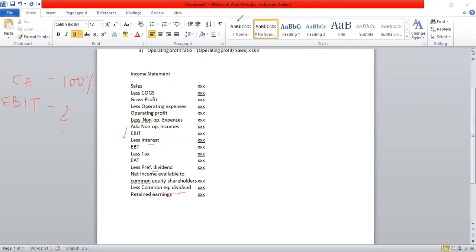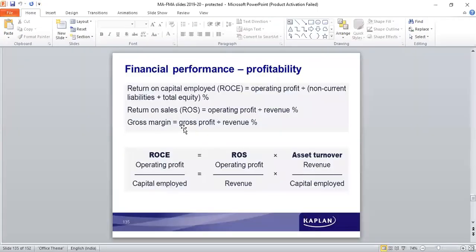Now, see the logic about it is if capital employed, the total amount of capital employed, is 100%, the profit which is available to all of them, which is EBIT, is what percentage? So that's the logic. Now we are going to the PPT. There's something which you have to note down here very carefully. Observe this one. Return on capital employed is equal to operating profit or EBIT. Interchangeably, these two terms are used because assuming that there are no non-operating incomes or no non-operating expenses, we talk about both of them as